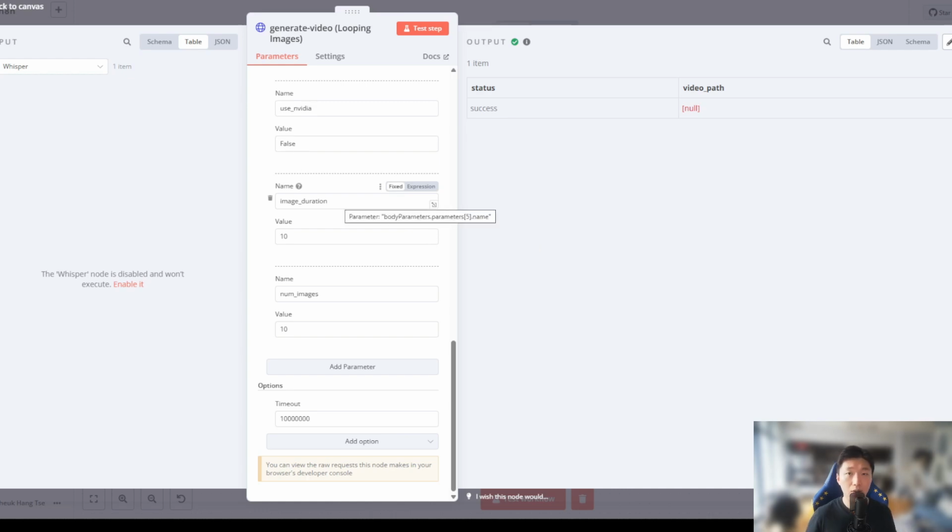What does it mean? Because we're doing an image slideshow, this value in here, I put 10 seconds, which means each of our images will stay for 10 seconds. And then after 10 seconds, we will change to another image. And then for the number of images, I put 10 in here. So for example, I've scraped 100 images and I put them in the folder. If I put 10 here, our editor will go to that folder, which has 100 images, and then randomly pick 10 of them and do the image slideshow. So this is what it means.